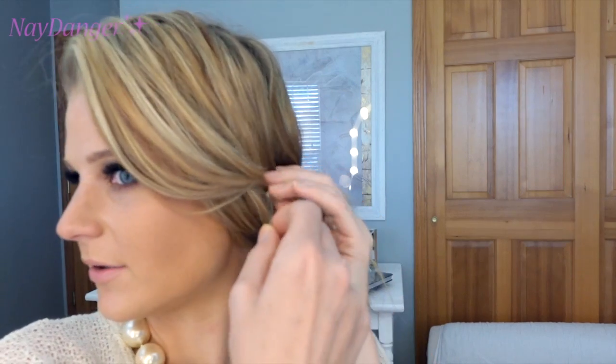And so then what you're going to do is you're going to just kind of lightly pull this out so it just kind of has a nice little bounce to it. So what you could do is you could either have this kind of like curling forward. I want mine to be curling back, so I'm actually going to take it and just twist it to go back like so. And then the rest of this we are going to take one of these